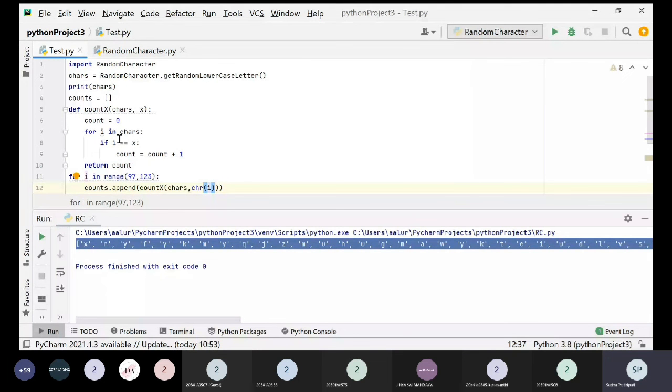If there is no match, then it goes to the next element, and the checking happens. Once the list is exhausted, the total count is returned to the calling for loop.